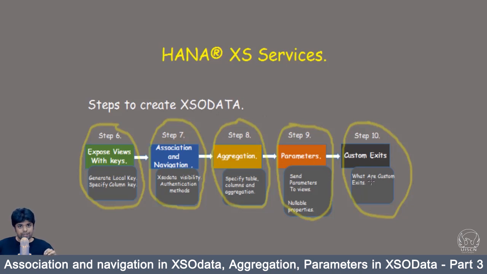So if there is a requirement to bypass that and use your custom exit, you can use the custom exit functionality provided for XSOdata. So in the step 11 and 12, I will explain what are the types of custom exits available in XSOdata and how to use them. So for that, let us go to the next step,